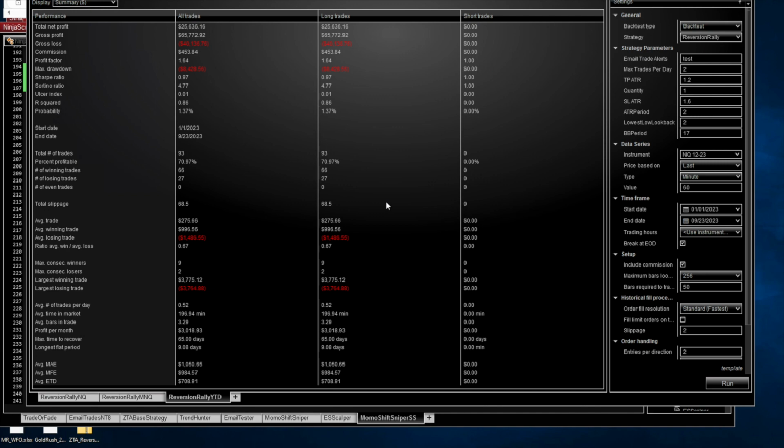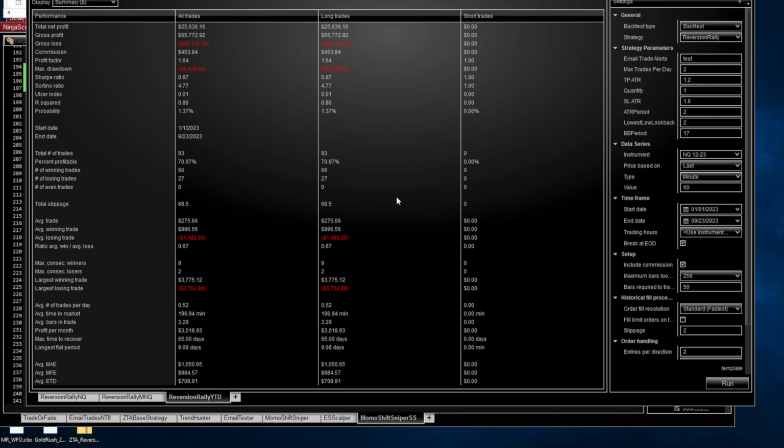Let me tell you, most of our trend following systems have lower win rates. So we have win rates as low as 30 to 40% on a trend following system. And the reason why that is due to the fact that trend following systems tend to hold on for big, massive winners. And if you're in a trade and you're holding for that home run, you are more often than not going to get stopped out quite frequently. So trend following systems historically don't have the highest win percentages, but their reward to risk is incredibly high.